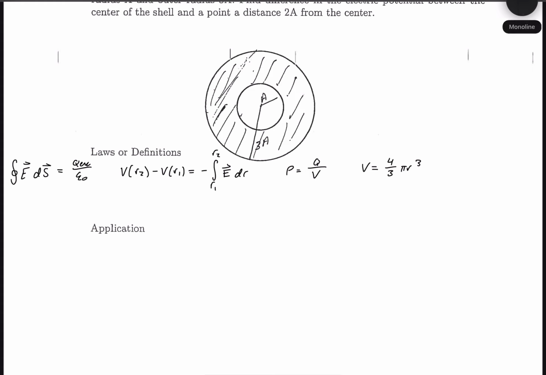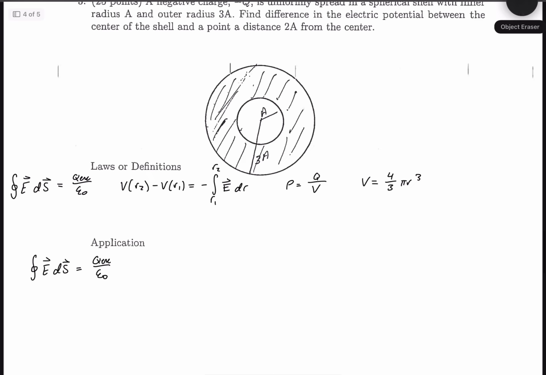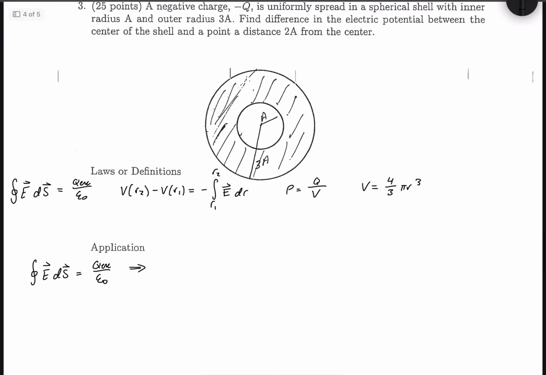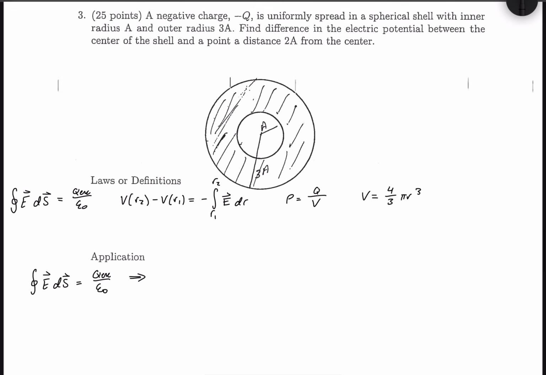So, Gauss's law. An oversimplification we can say is that the electric field, well, not really an oversimplification, but just something that we know, and we can just assume, is that the electric field is constant on this thing. So we can take E out of the integral, which leaves us with the surface integral, dS, which would then leave,